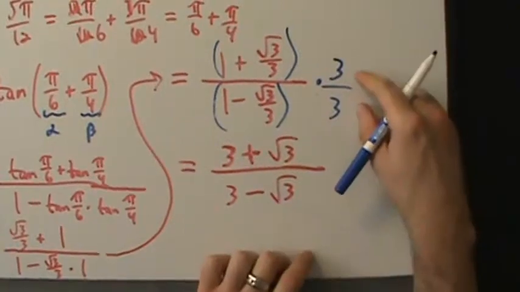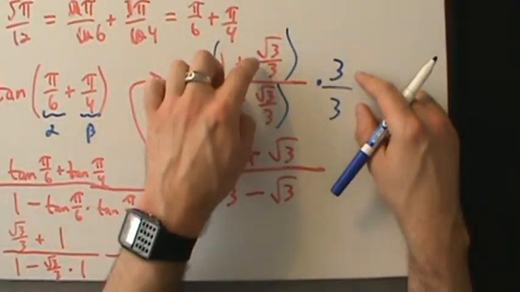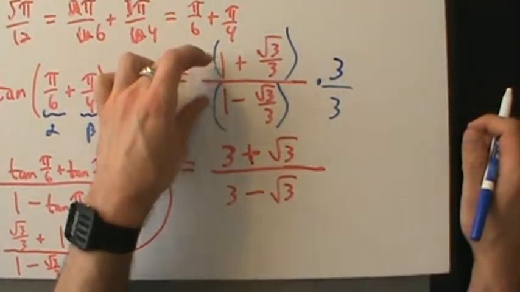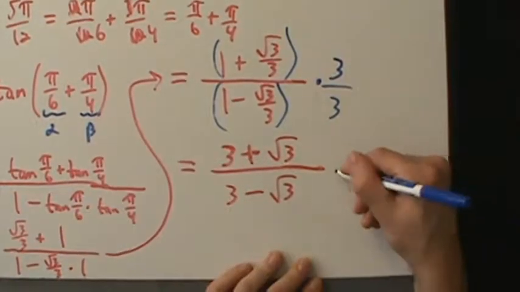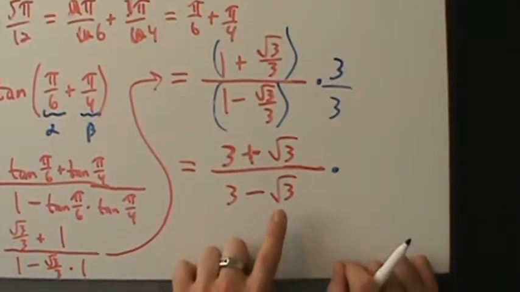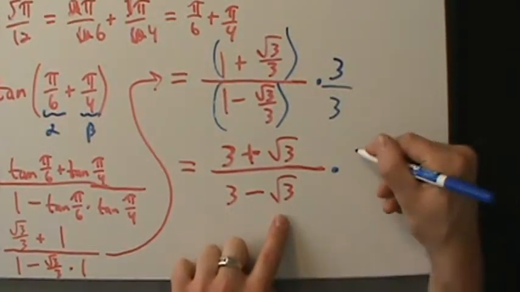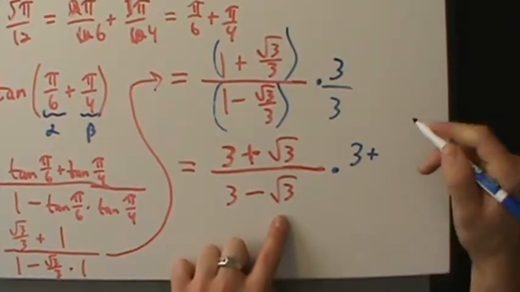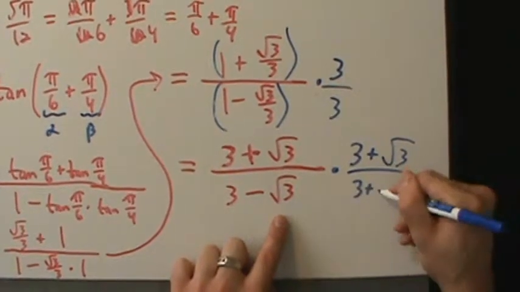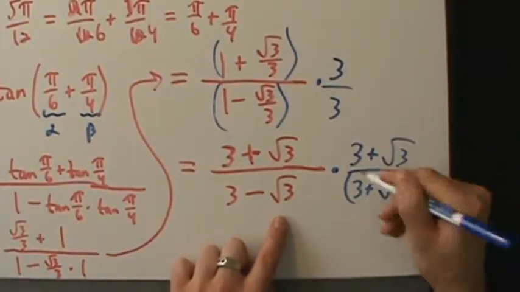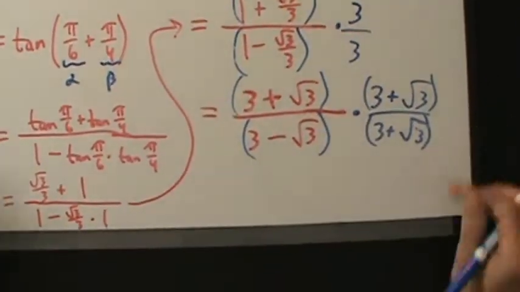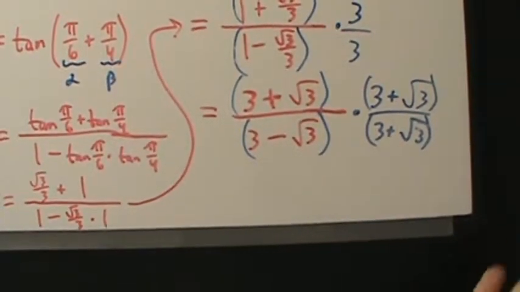So up here we multiply by 3 over 3 to get rid of the complex fraction. And if you don't like doing this, you could just do a common denominator type thing, and you'll end up with the same result here. So now let's rationalize the denominator. If you have something like 3 minus root 3 in the denominator, then what you do is multiply the top and the bottom by what's called the conjugate sometimes. That's going to be 3 plus root 3. Okay, so multiply the top and the bottom by 3 plus root 3. Okay, and then what we're going to have is,